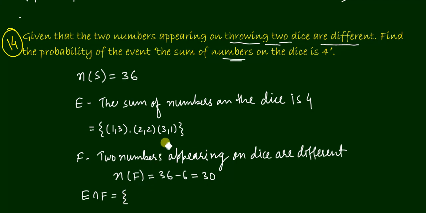Okay, now we require E intersection F also. So see, there is one doublet only. This will not be contained in this F set. F set में ये doublet नहीं होगा, बाकी दोनों तो होंगे. तो intersection क्या हो जाएगा? 1 3 और 3 1. This will be the intersection.